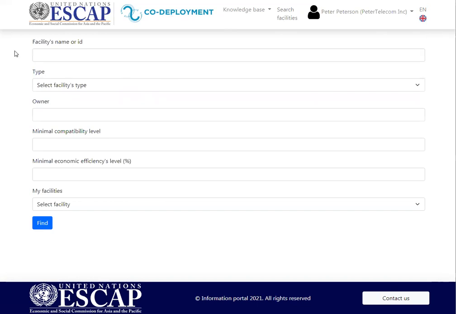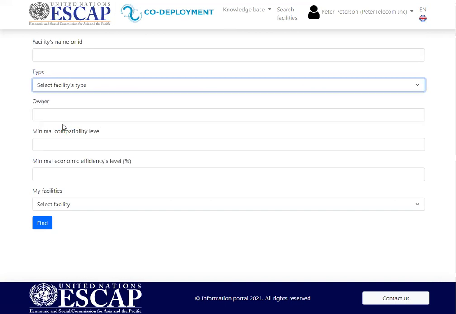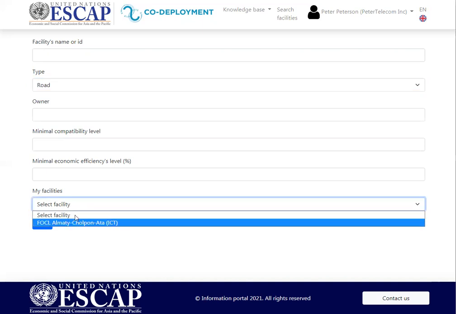On this form, you can enter the facility's name or ID if you know it. You can choose the type. In our case, we are trying to find the road for the cooperation. You can enter the exact name of the owner, and also put in the minimum compatibility level and minimum economic efficiency level. But for this, you should first of all choose your own facility,